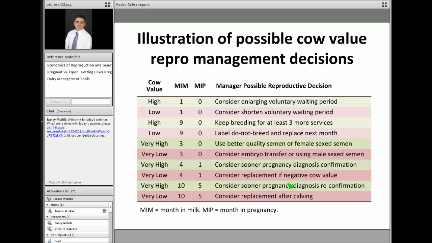I believe this is my last slide. And so I just want to share with you some of the ideas I would have. You may have different ideas. Farmers and practitioners would have different ideas, but this is only to stimulate thinking on this